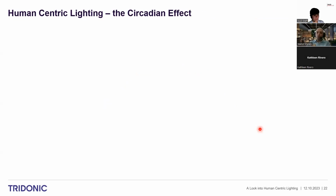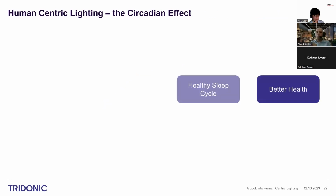So what we are trying to find here, so we know that a healthy sleep cycle leads to good health. That is a known fact everywhere. Now we'd like to dig deeper, to take a few steps back to see where we can contribute as lighting professionals, as lighting designers, as consultants, contractors in the construction business. How can we contribute with lighting to this